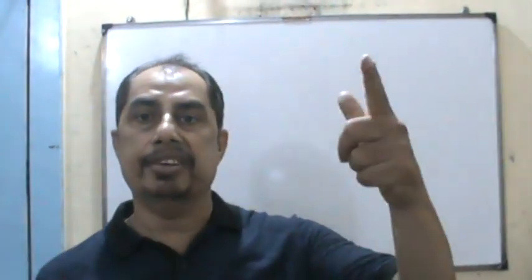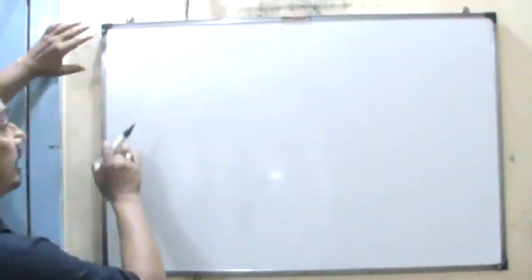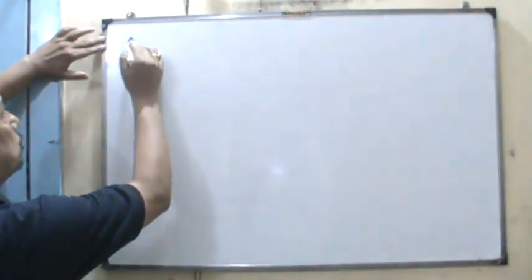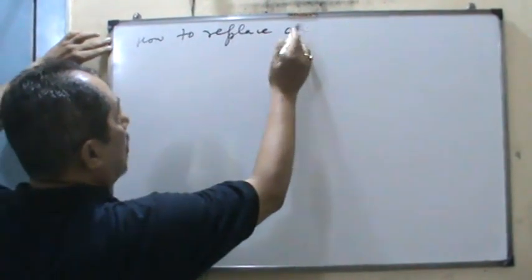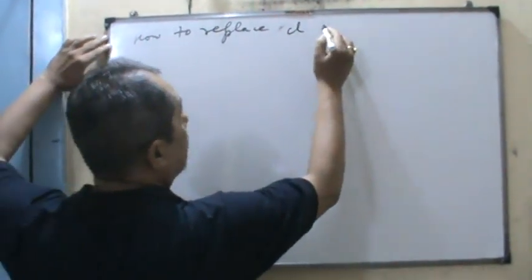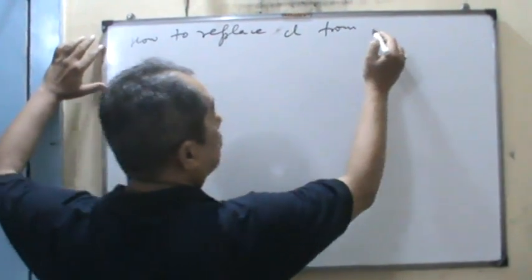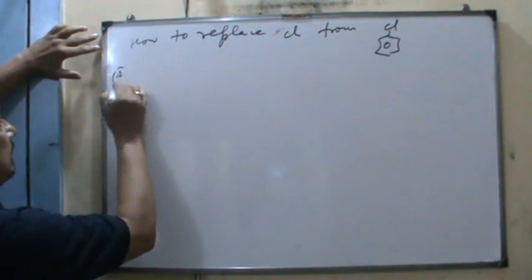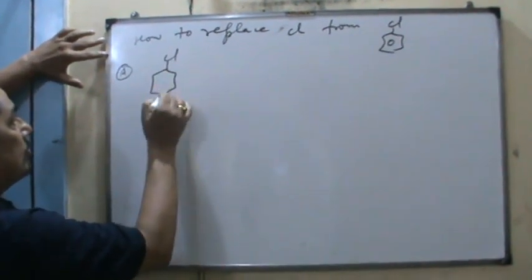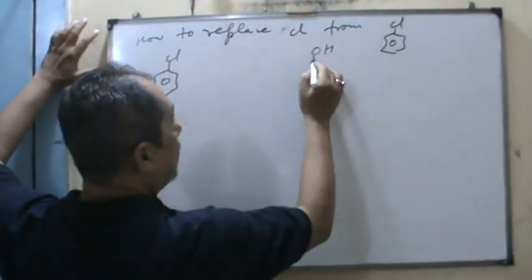Then what is the parameter, what is the yardstick in the hand of the chemist to accelerate the rate of reaction under certain special experimental conditions? Dear students, what experimental conditions are there? You can see how to replace chlorine from chlorobenzene. First, chlorobenzene forms phenol